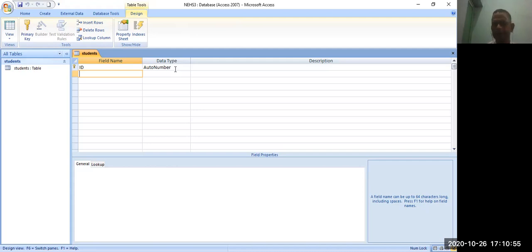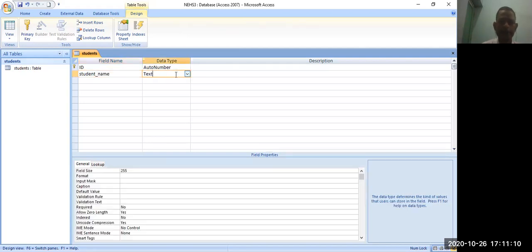I will show you how you are able to enter. This is the name: write the column name, field name, student underscore name. You can select the data type, that is text, and here you can see the field size. It should not be more than 25 to 30 characters.